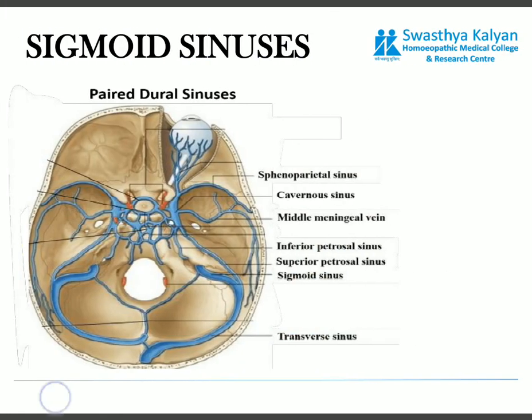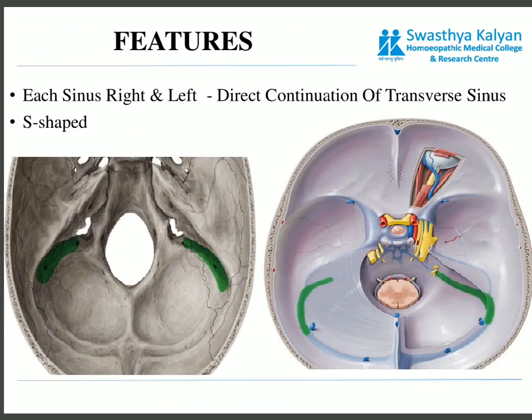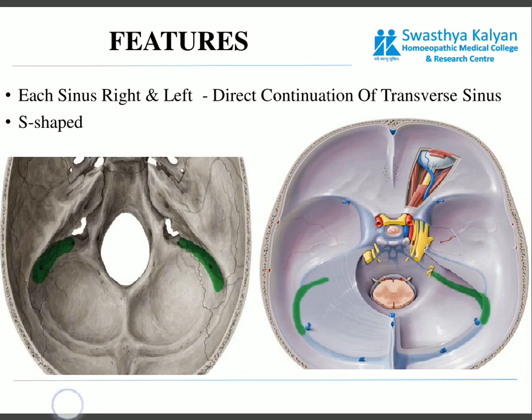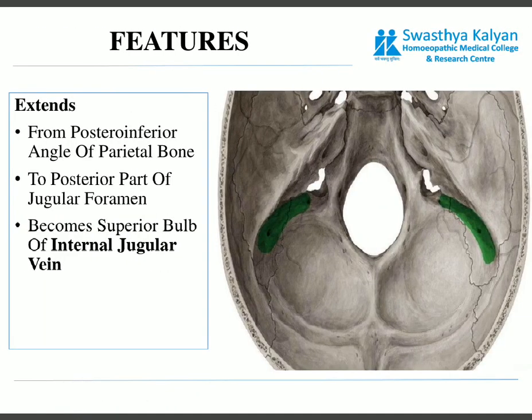The next are the sigmoid sinuses. Anything that is S-shaped, whether it's a curve or a sinus, is named sigmoid. So these sinuses have been given the name because of their shape. They are also located on the right and the left side, and they are a direct continuation of the transverse sinus. This is the transverse sinus. It goes down and becomes the sigmoid sinus. It extends from the point where the transverse sinus ends. So it begins from the posterior inferior angle of the parietal bone,